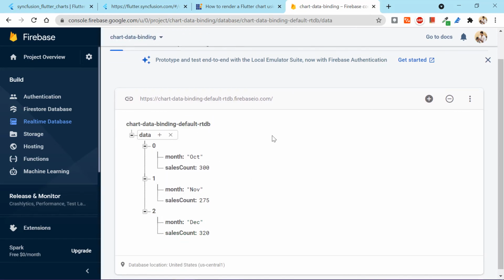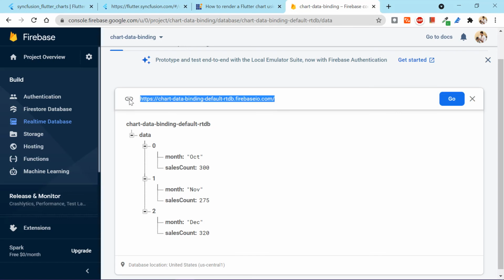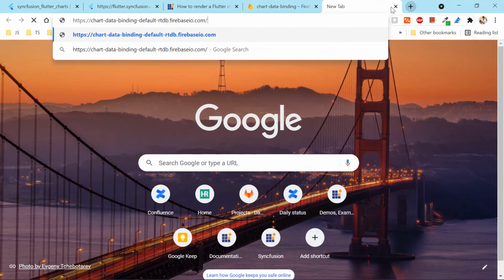Now the data is added successfully to the database. You can also check the data by opening this URL.